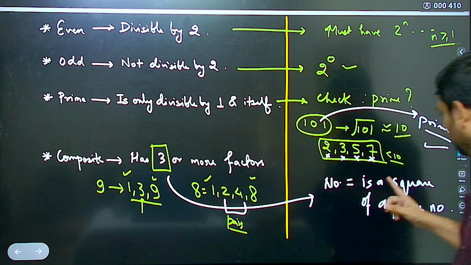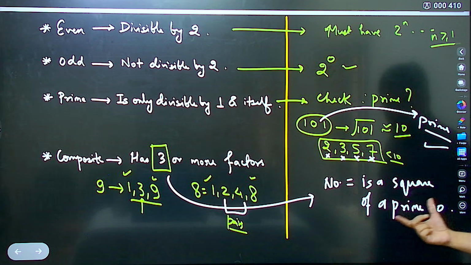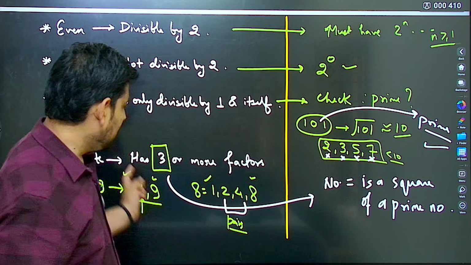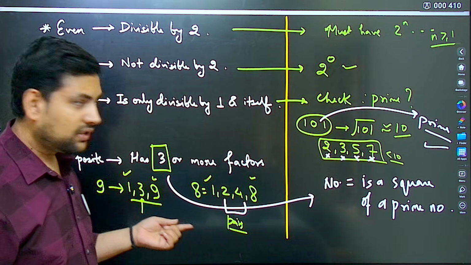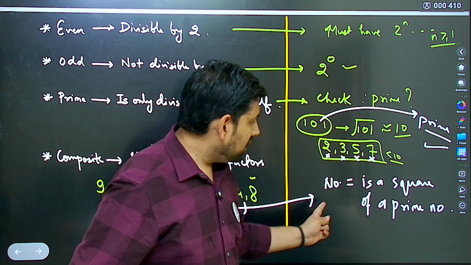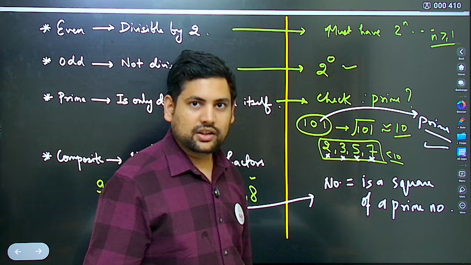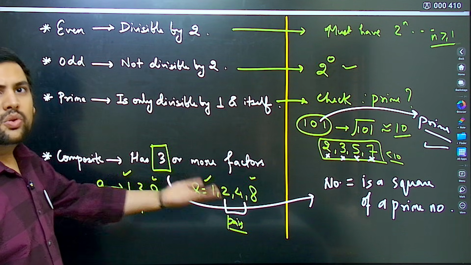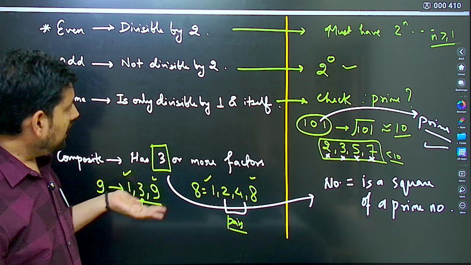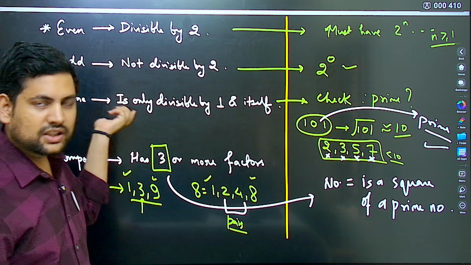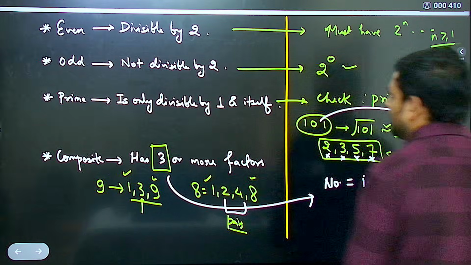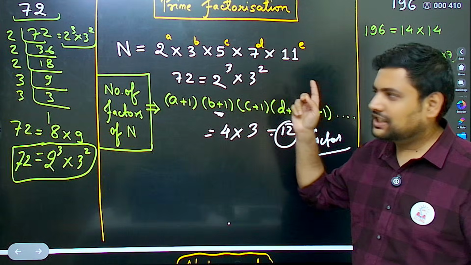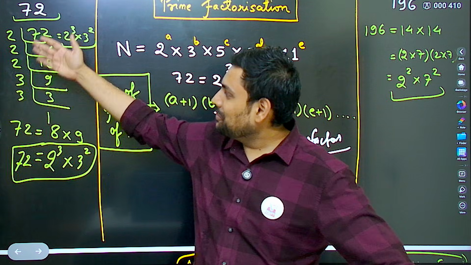Then we learned one more thing: a number has exactly three factors only when it is a square of a prime number. Otherwise it will have more than 3 factors if it is composite, or only 2 if it is prime. That's it. Then prime factorization, we used to write like this, you must remember: 2 2 2 3,